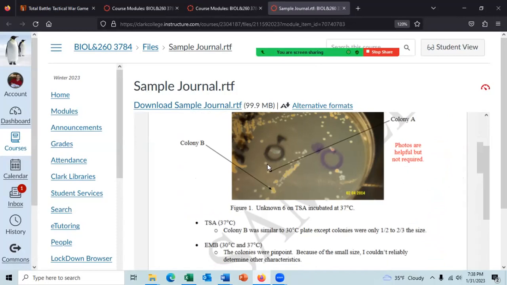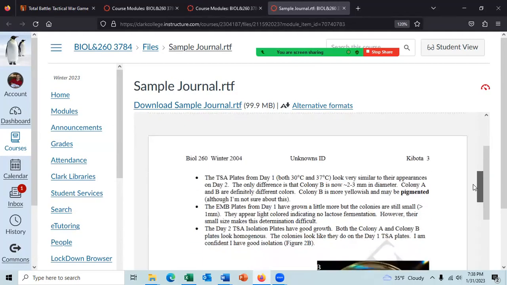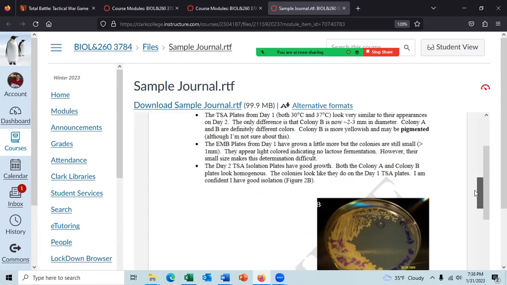So what he did was he streaked out his bacteria. You can see there's 2 different species here. And then he streaked out this colony and maybe that colony, I don't know. And then he grew them up, streaked them out again to make sure he got a pure culture, at least 95% or greater. And then he started doing some characteristics. One of the first characteristics he did was he noted that species B was pigmented. So he got the pigmentation results. He then grew them on EMB plates, and he looked at the growth on EMB. That would be the results.